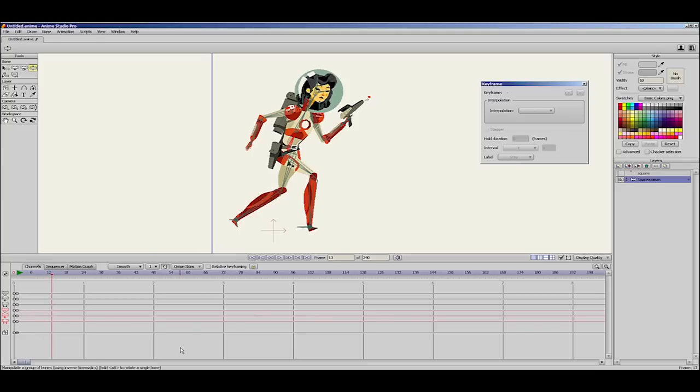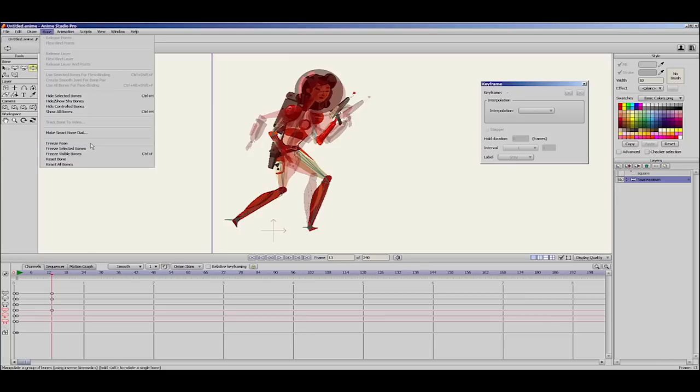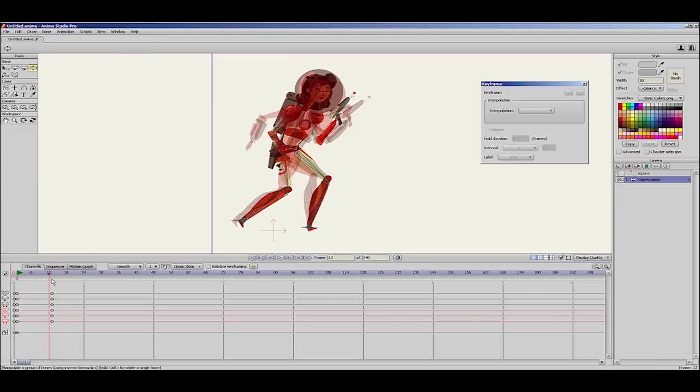So again, I will turn on the onion skin in frame 1 and I will move the legs to the opposite position. Okay, let's suppose here and here. Okay, and now I will freeze this pose. So I have my first step. But with this new kind of cycle, I need to move the character to the right. So to make that,